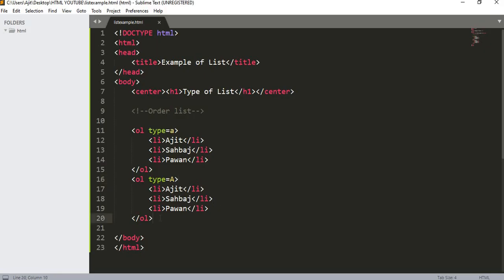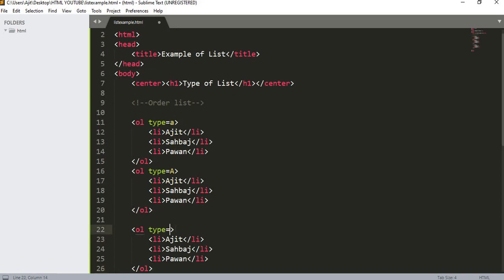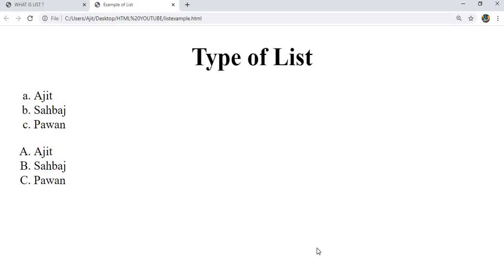One thing also we can do, we can do many things with the ordered list. We can start from Ctrl V, I want to start with Roman numerals. Ctrl S, no problem, we can start, refresh it. Yes, we are getting Roman numbers, fine. So anything you can do.